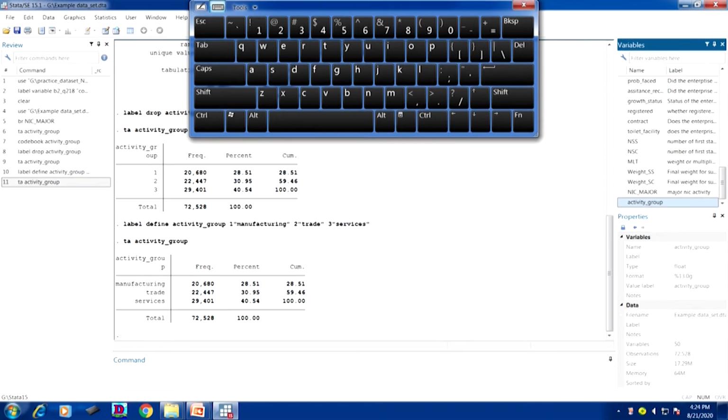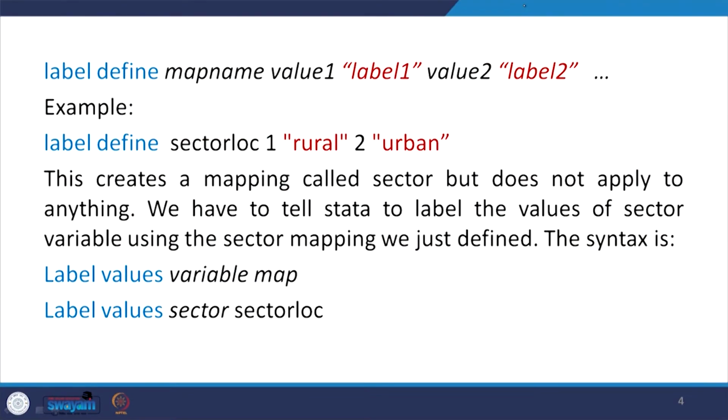Now, it has already been labeled. There are some important aspects within it I am going to guide you. After label define of that particular values, we need to check some important aspects. So, this creates a mapping called sector, but does not apply to anything. We have to tell Stata to label the values of sector.